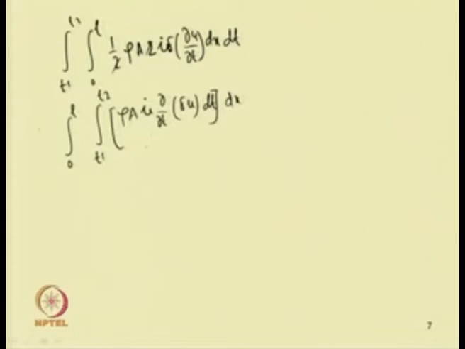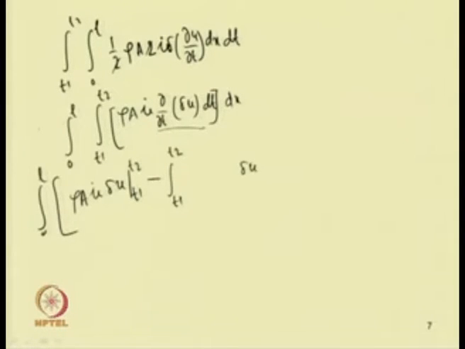To use integration by parts, the first function remains as it is, so rho A u dot. Now, the integration of the second, that is del by del t of del u, becomes del u. This is from T1 to T2, so one can have 0 to L outside, and rho A u dot del u. This minus, then one can have the integration T1 to T2, then this del u into the derivative of this first